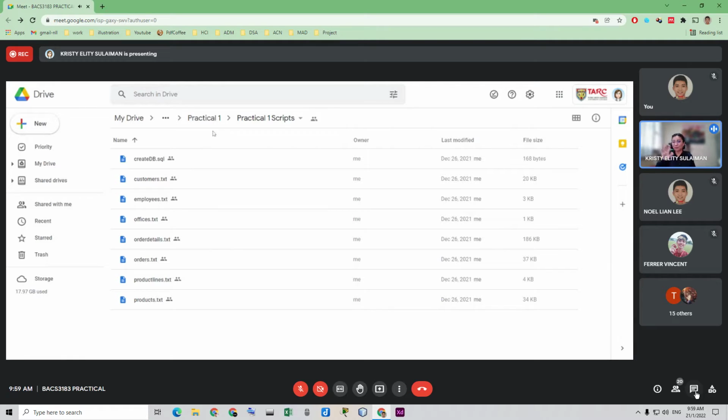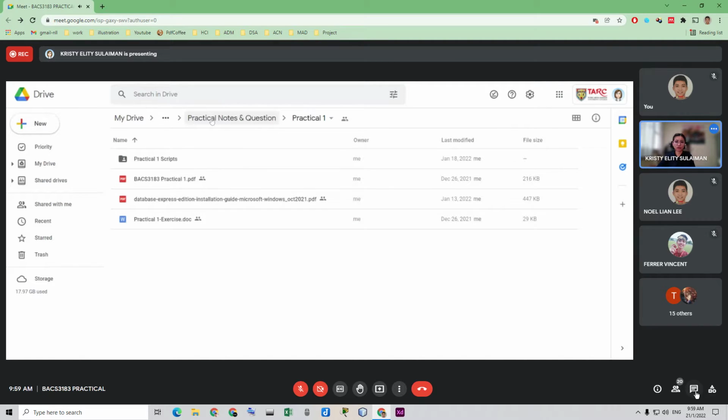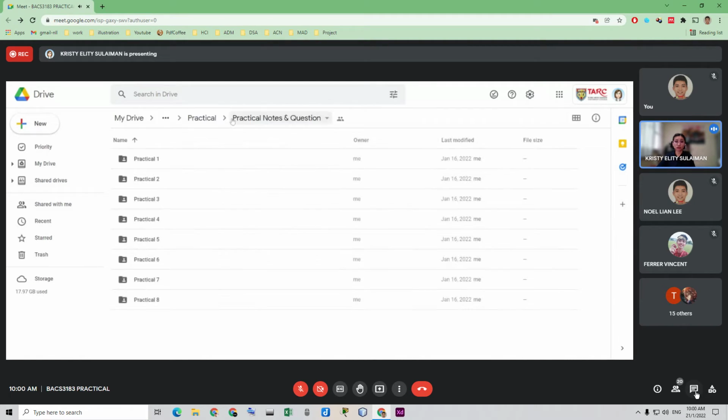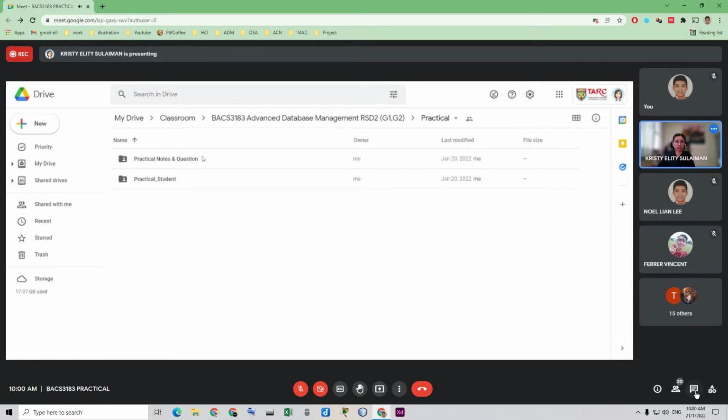For practical one, the source files are inside the notes, but they are also available in the other folder. Just to let you know, the question is from this folder, and the source file or the scripts are in this folder for each practical week or each practical that we have.